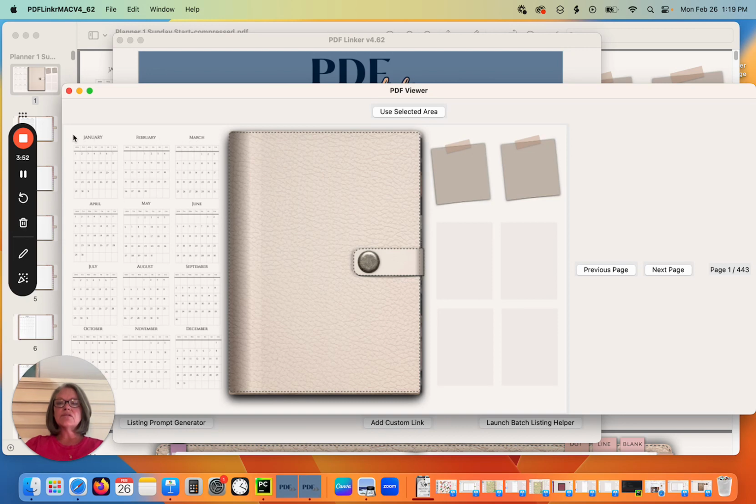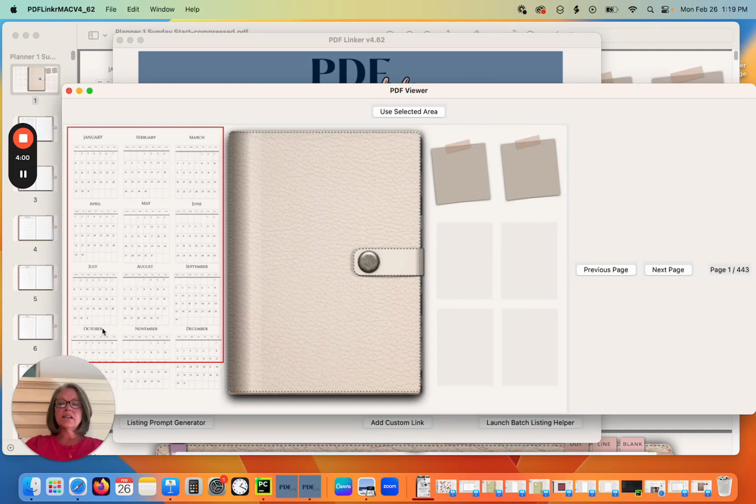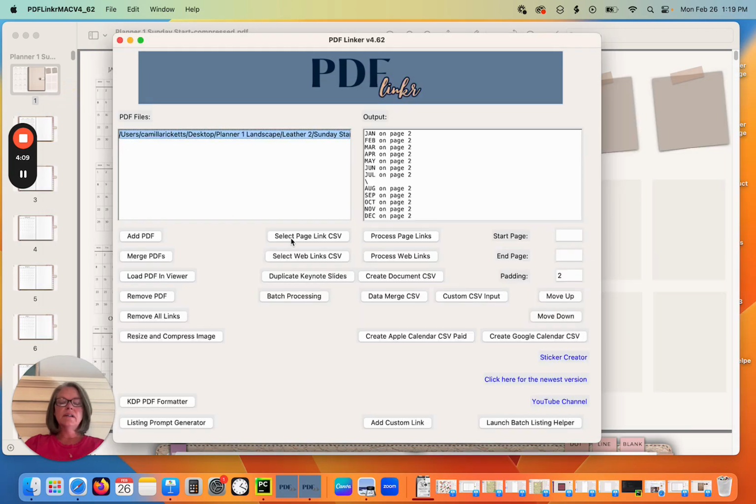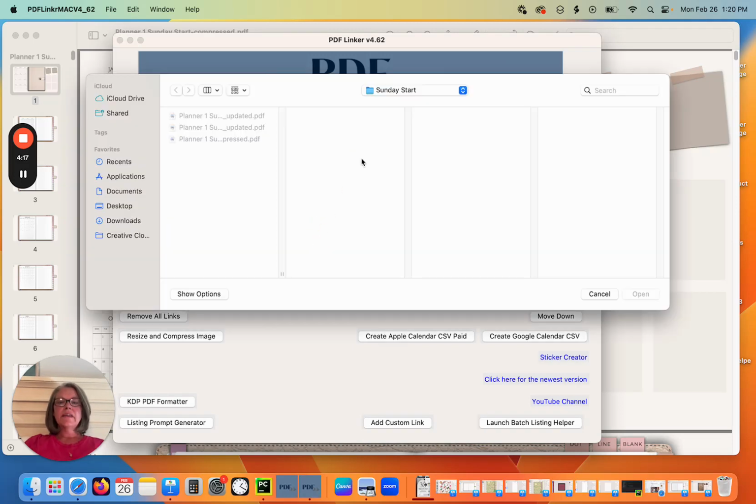I'm going to link those to my monthly calendar spreads. So I'm going to select the entire area, making sure I have all of those month names in the selected area. Tell it to use selected area, and that's just page 1. So I want to put the start page 1 in page 1 for that,